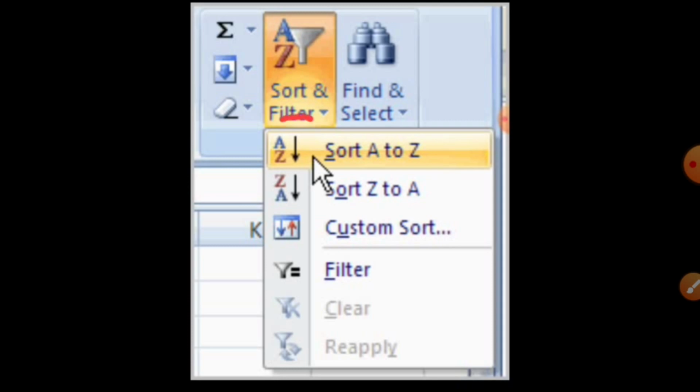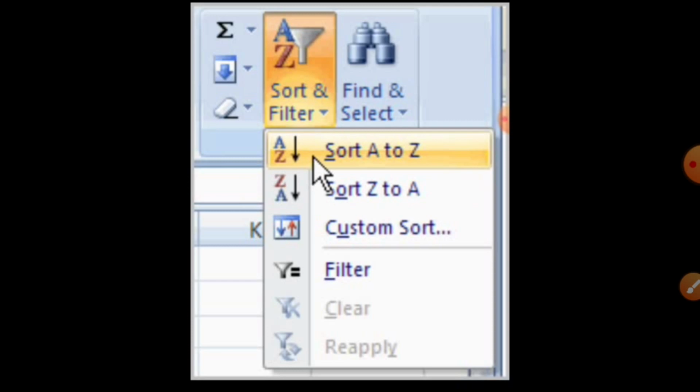Here you find two icons related to sorting: Sort A to Z and Sort Z to A. A to Z means you can sort your data in ascending order, and Z to A means you can sort your data in descending order.